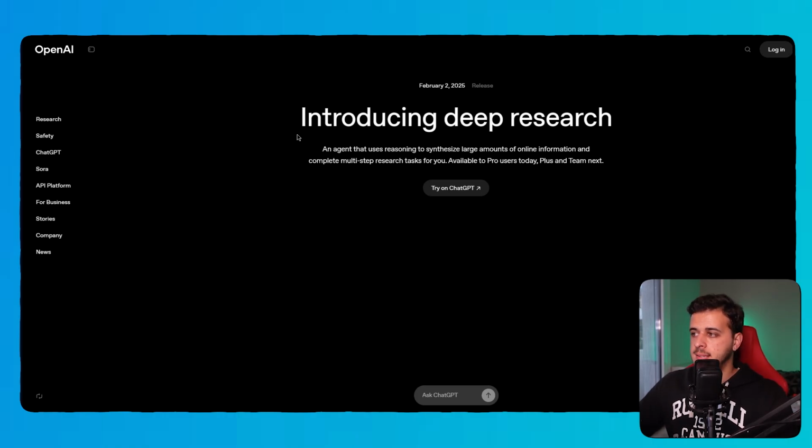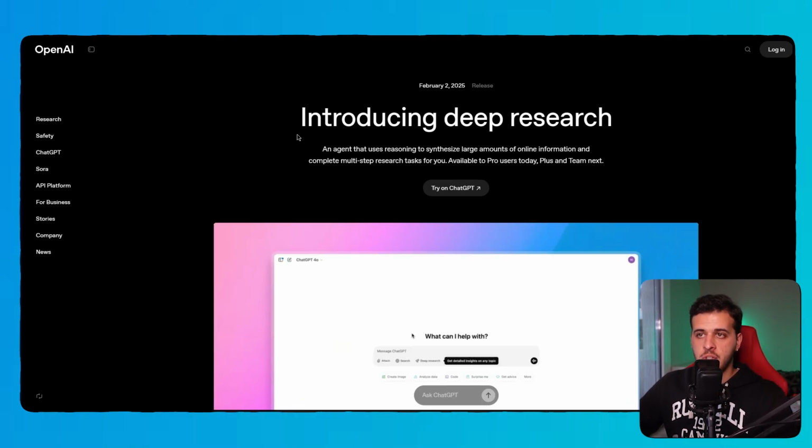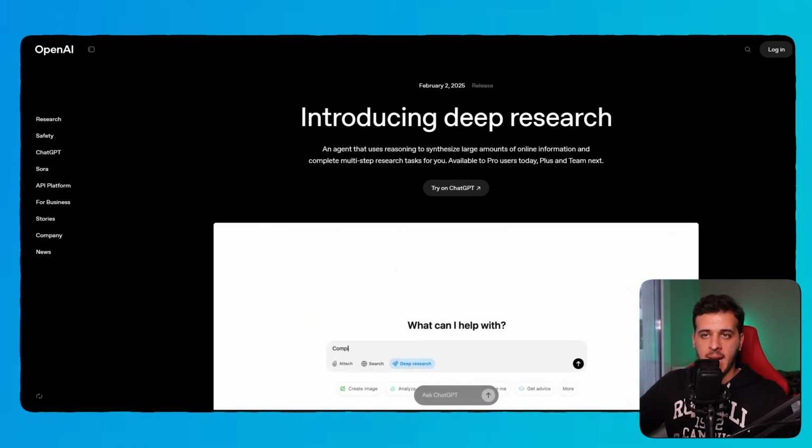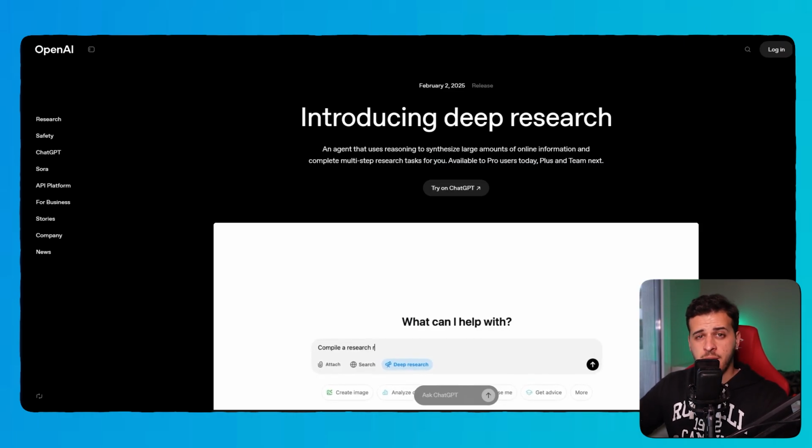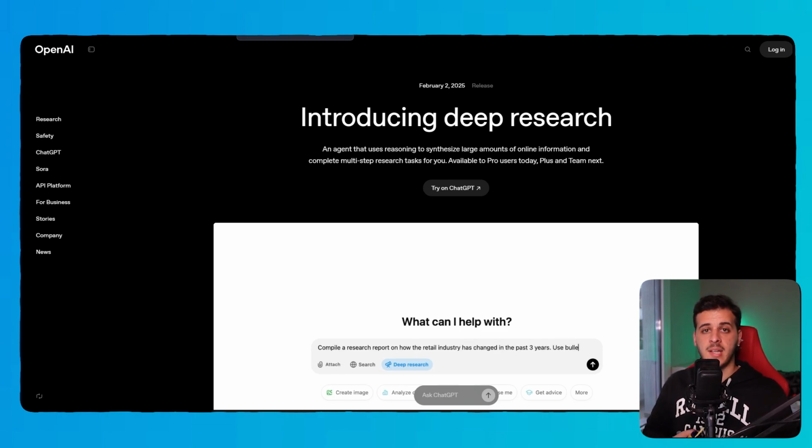Okay guys, today we will be comparing deep research or deep search features from ChatGPT, Perplexity and Grok 3. We will compare these three utilities on a very specific prompt that searches the web and I think is very